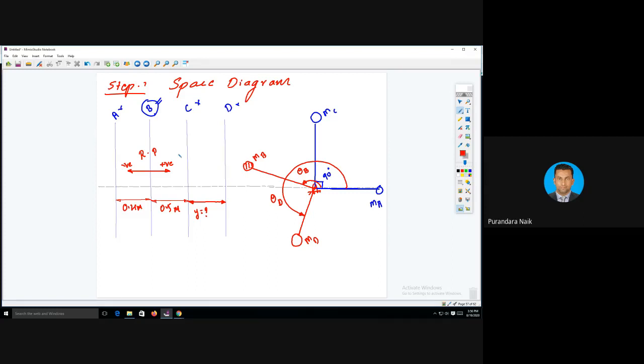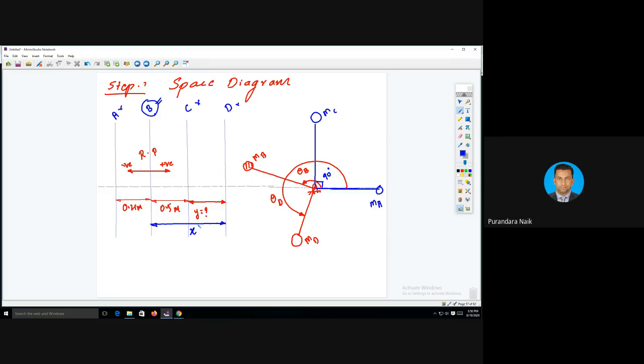Now, here we know the distance between A to B, and B to C. But B to D, we don't know. We know the distance between C to D. If you add B to C and C to D, we'll get the total distance B to D. So it is better to take one more line here, as it will be easy to find the values. Let us take X. If you find X, you'll get the answer for Y, because X minus 0.5 will become Y.